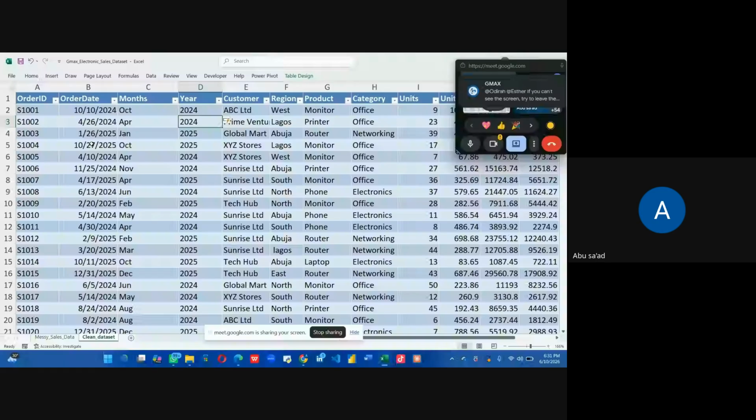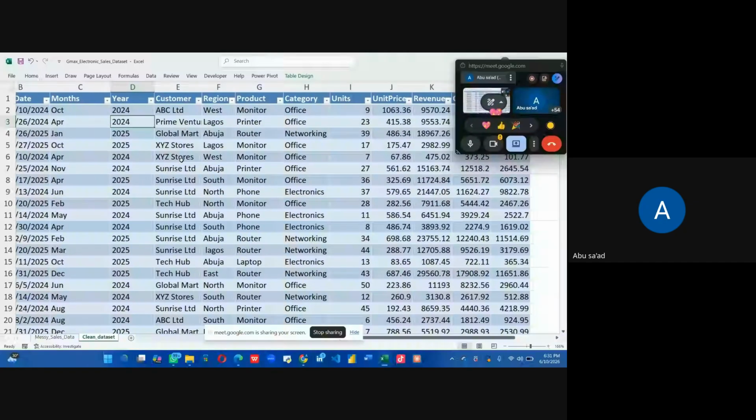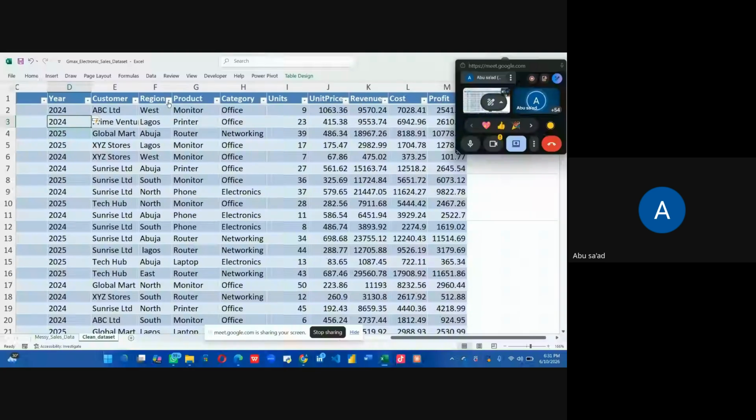Can we all see it? So I've gotten my month, I've gotten my year. So these are the things I'm going to use in this data set. Good. So let's go to this